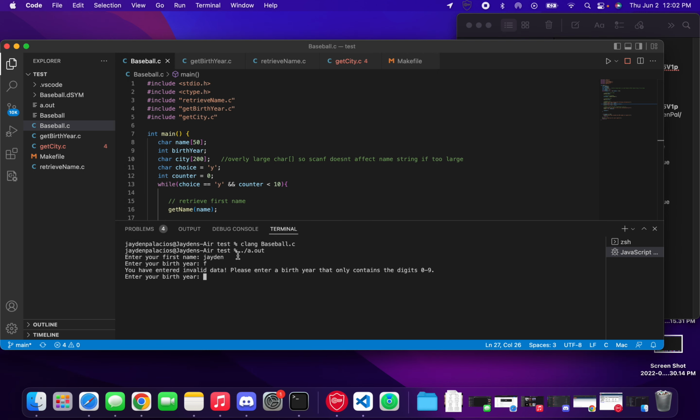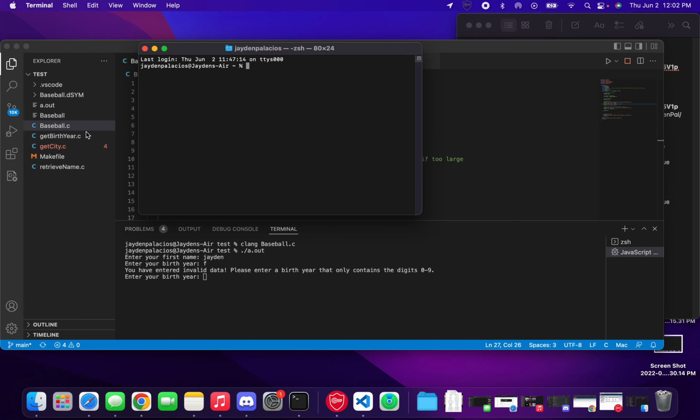So as y'all see, when I type a letter here, it gives me exactly what I want my program to do. When I type a letter in Fox servers, it breaks the program. So please make sure you guys are testing your code in Fox servers, because you're going to get points taken off. I think he said like 15 points taken off if it cannot run in Fox servers. So yeah,